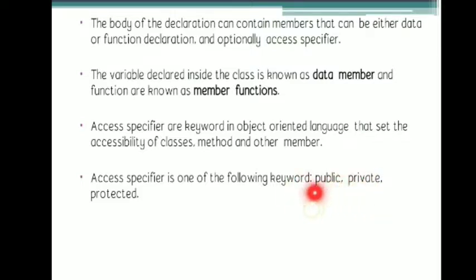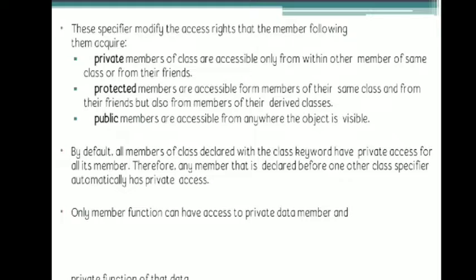When public is used, we can directly access the members through an object. If it is private, we cannot access it directly, but we can access these private members using the public members of a class, and we can directly access the public members. And when we have specified no access specifier within our program, the default one is private. So if we have not given any access specifier, then C++ will consider it a private member. So private is the default access specifier. So the three access specifiers are explained in detail.